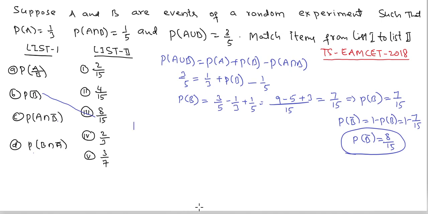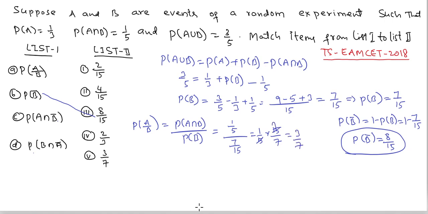And now we find P of A by B. P of A by B is equal to P of A intersection B by P of B. P of A intersection B value is 1 by 5, P of B is 7 by 15, so it is equal to 1 by 5 into 15 by 7. 5 threes cancelled, that is equal to 3 by 7. So P of A by B is 3 by 7. A is mapped to